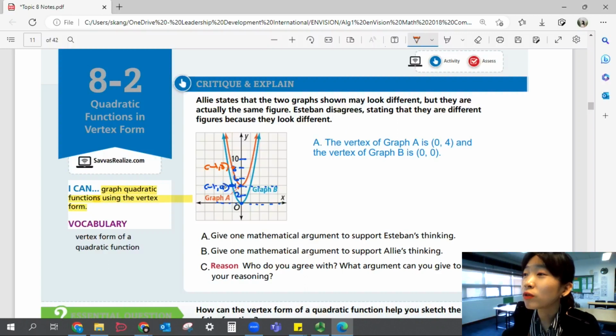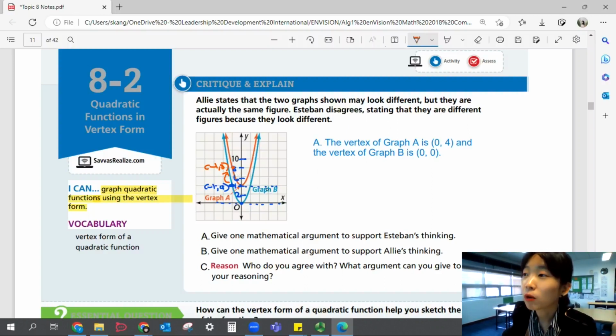So if you move graph B 4 units above, then you're moving the value of y, right? So 4 plus 4 units above, it's going to move up. So for x equal to -1, that point moves up 4 units, then it's on the same point